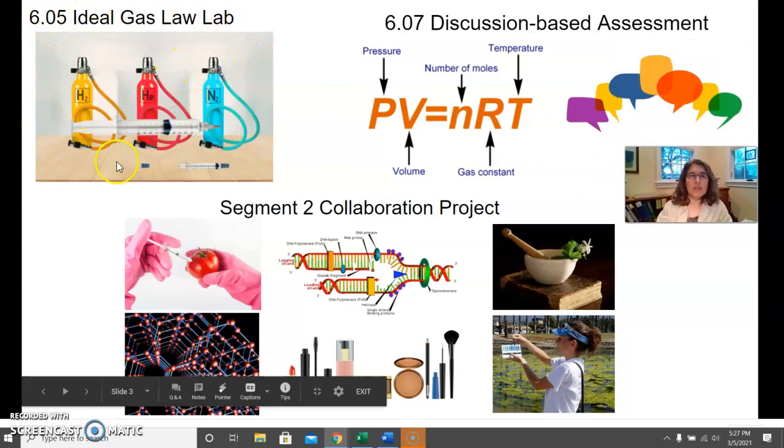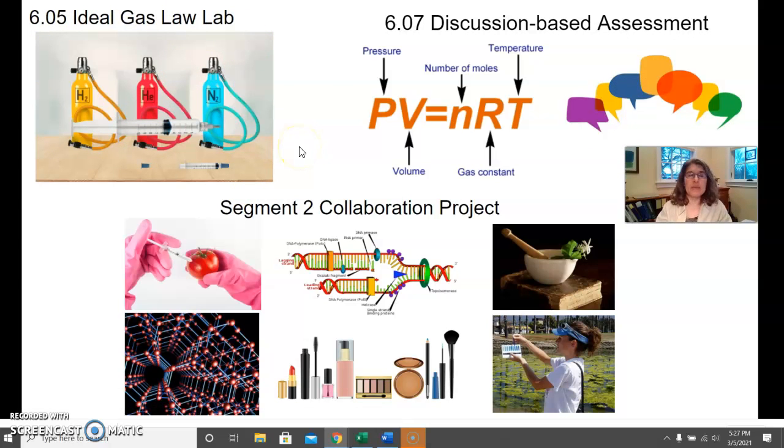You're going to start this week with the ideal gas law lab, and in this you're going to be taking a set volume, a confined volume of a particular gas. You'll do a sample of air, and then you have a choice of either hydrogen, helium, or nitrogen gas. You're going to be taking that set sample of gas, a known volume, and putting it into a water bath to either cool it down or warm it up. What you're going to be measuring as a result is how the volume changes as a result of a change in temperature. Hopefully mentally you already have an idea about what that relationship is between volume and temperature,